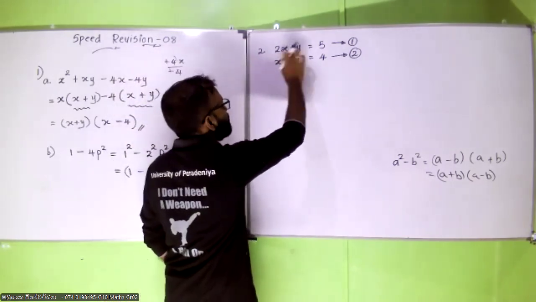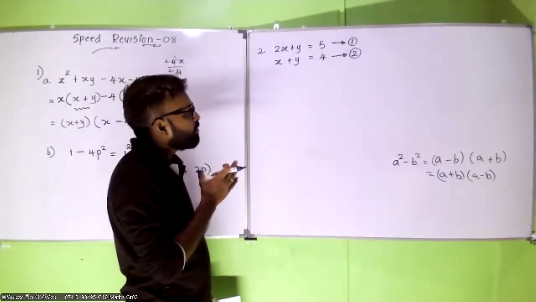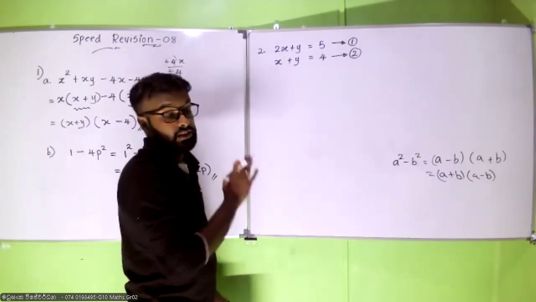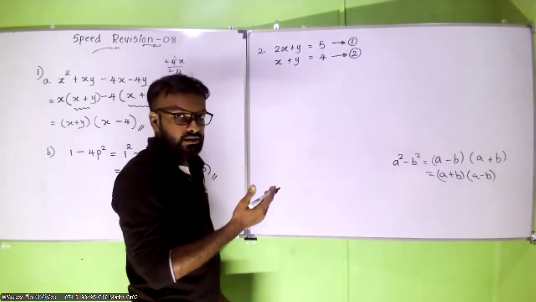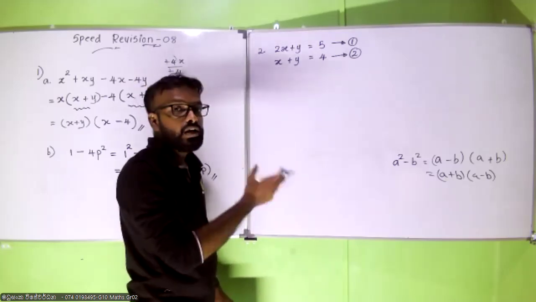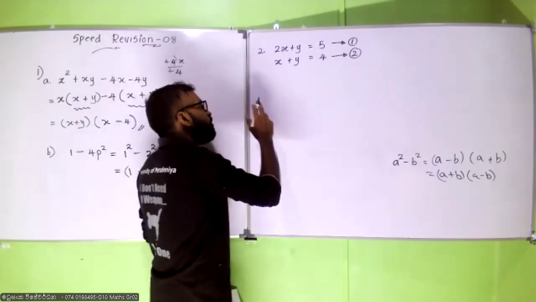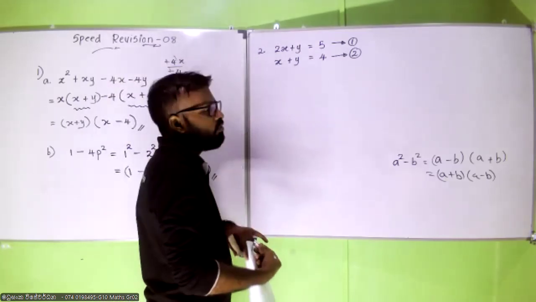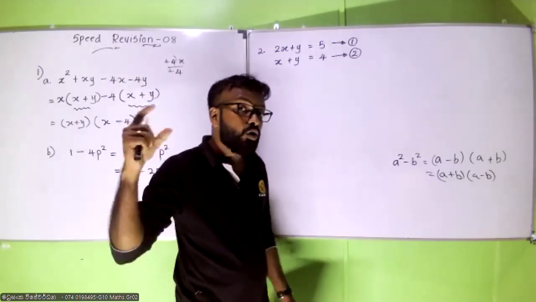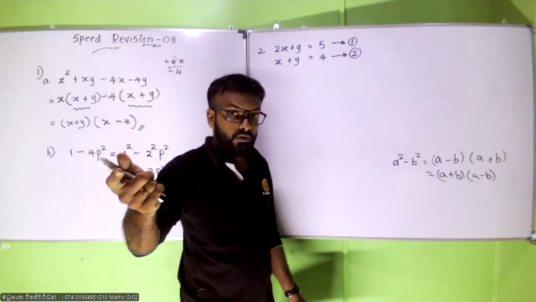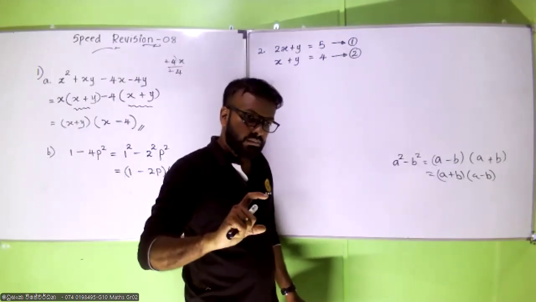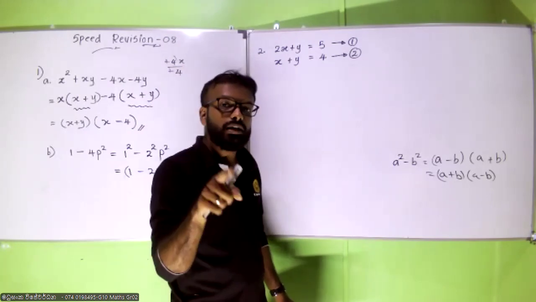So these are some kind of simultaneous equations from your grade 9 that you have to deal with. But when it comes to grade 10, this might be a little bit different from grade 9. Okay. So when you have to solve two simultaneous equations, normally you are going to eliminate one term from both of the equations. Eliminate the same term from both of the equations so that you can get the answer for the other